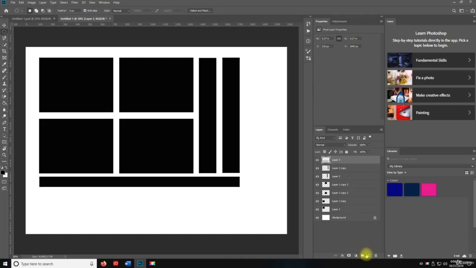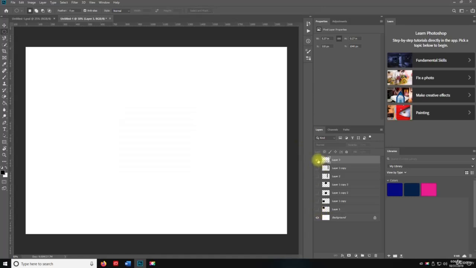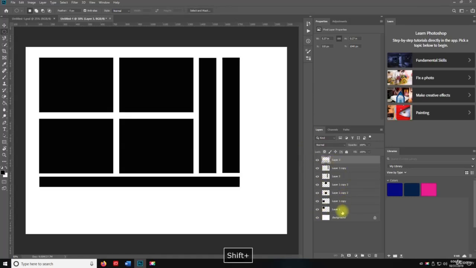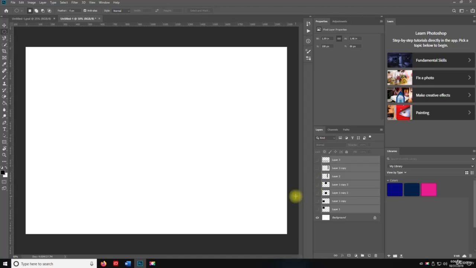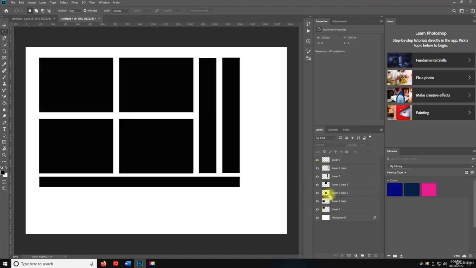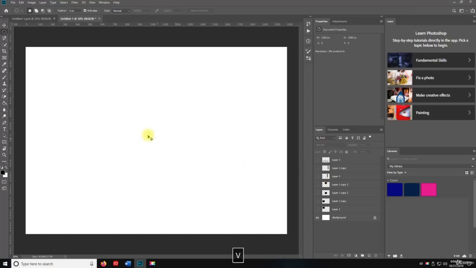So what I'm going to do is I want you to turn off the eye on all the layers. So if you just click and drag down, then you can hide the layers. Hide all the layers, and then I'm going to make a new layer, and we're going to grab the Elliptical